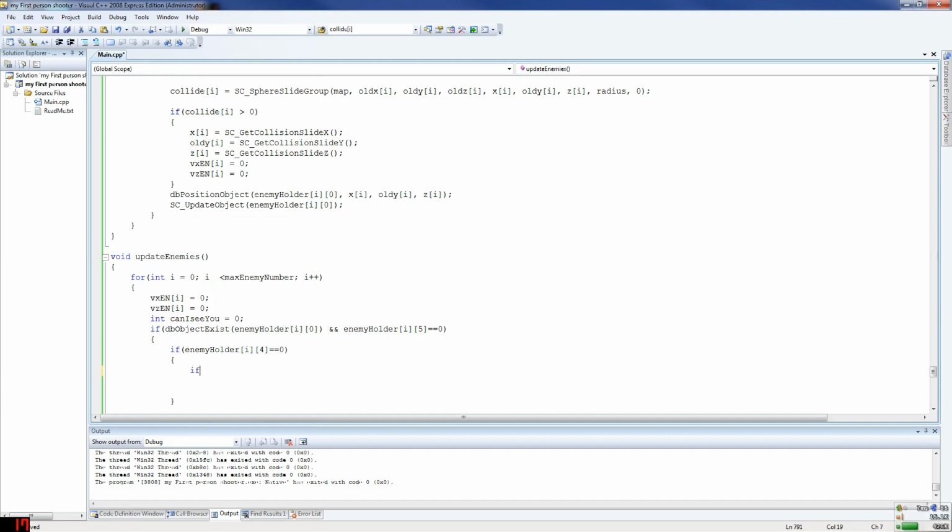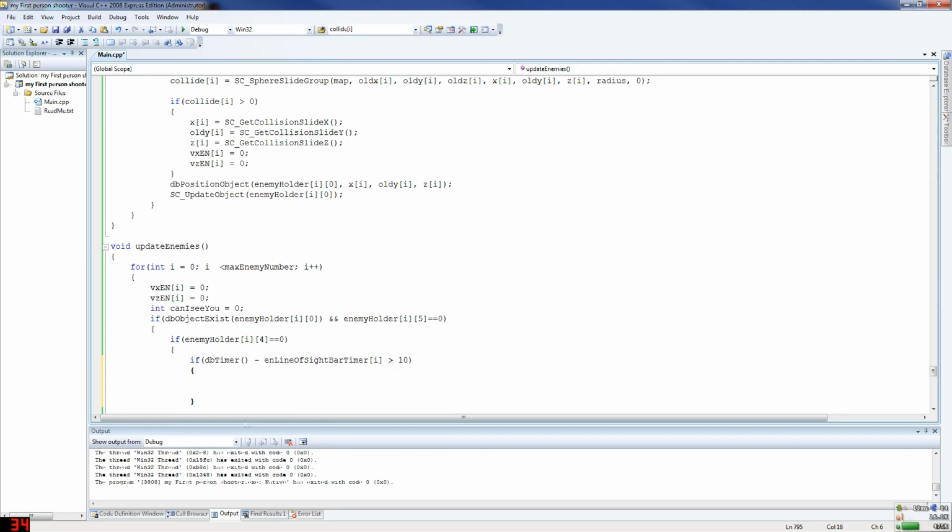So you do that, and then you go if, this is where our bars come in, timer minus en line of sight timer bar timer, and that will be an array, and then is greater than 5. Is it 5 or is it 10? Yeah, 10. So if db time minus, so the bar gets refreshed every 10 milliseconds. Okay, so